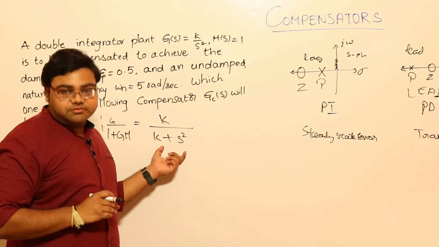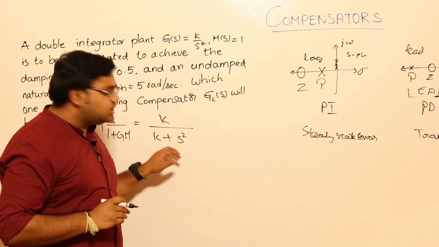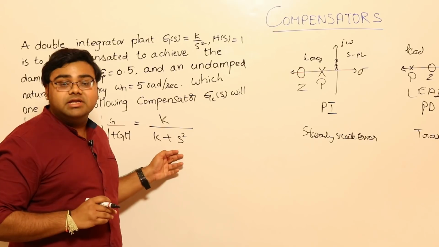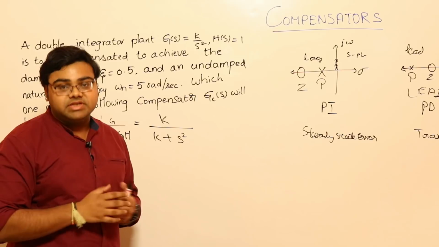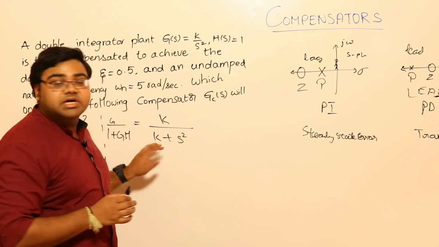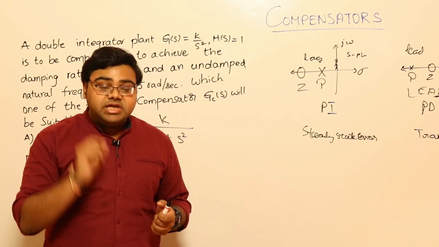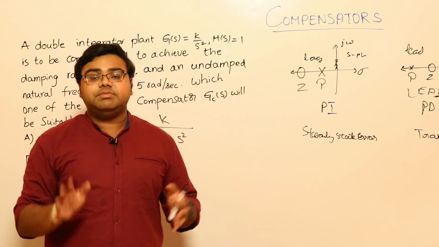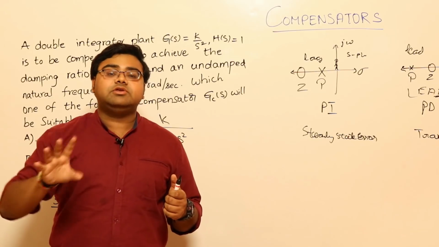If you take Laplace inverse of this, very simple, that is nothing but the impulse response. What is it? It's a sinusoidal waveform, right? When you take Laplace inverse of this, you are basically getting the impulse response of the system. When you are giving an impulse input to the system, this particular system currently is generating a sinusoidal output. So the output is bounded, which means it has nothing to do with any sort of error or instability, no problem of that sort is there. It's just that its transient behavior is affected.